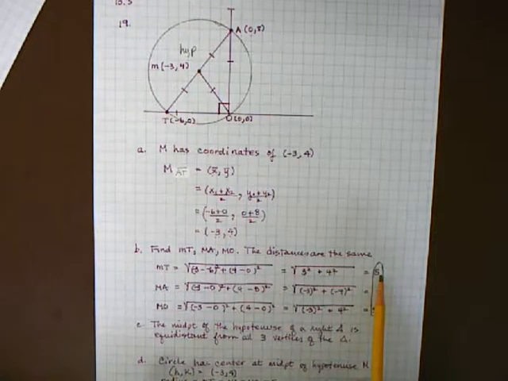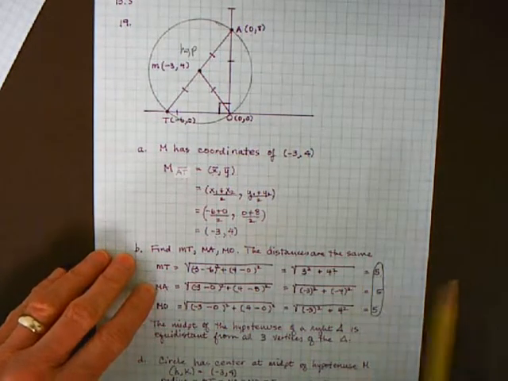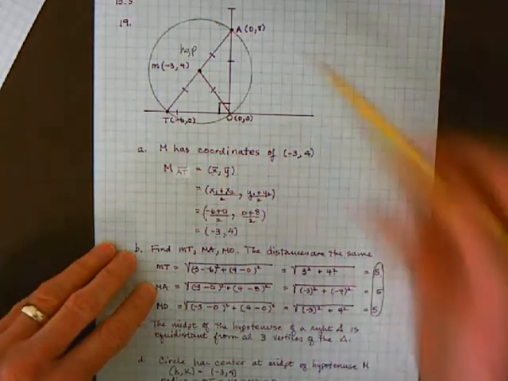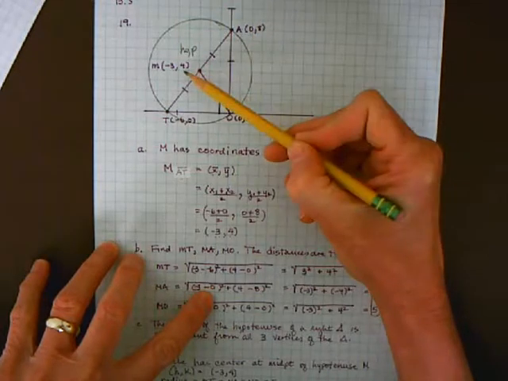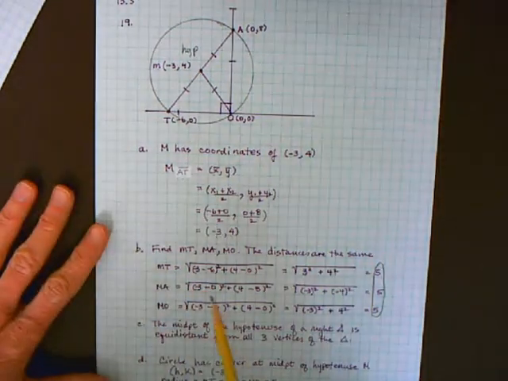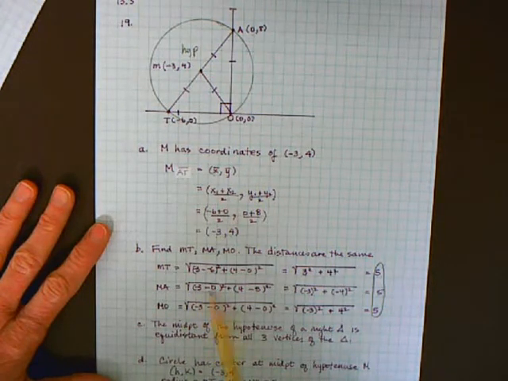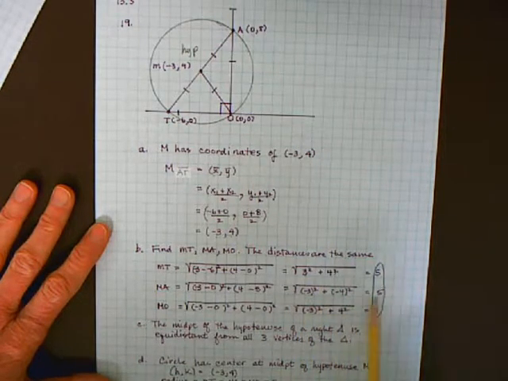All right, so there's MT. MA, just to do this long tortuous route here, negative 3 minus 0 squared plus 4 minus 8 squared. All right, we got that formula set up. Negative 3 minus 0 is minus 3, and then we got to square that. 4 minus 8 is negative 4, we got to square that. Negative 3 squared is 9. Negative 4 squared is 16. 9 plus 16, 25. Square root of 25 is 5. All right,